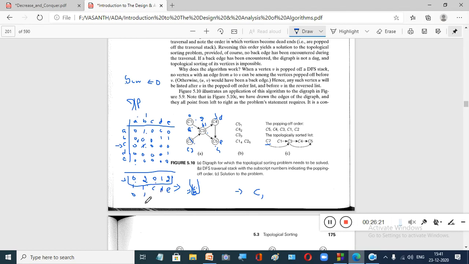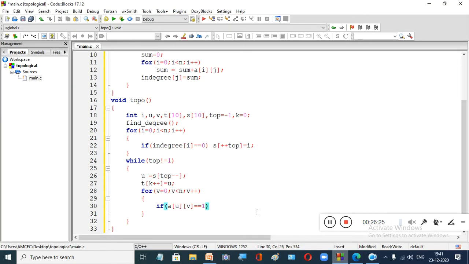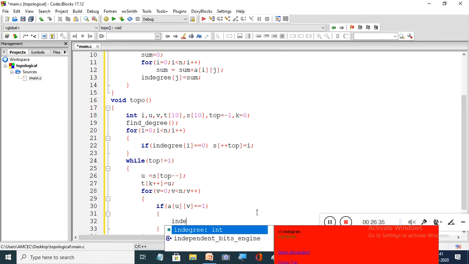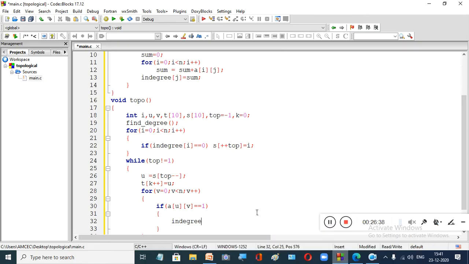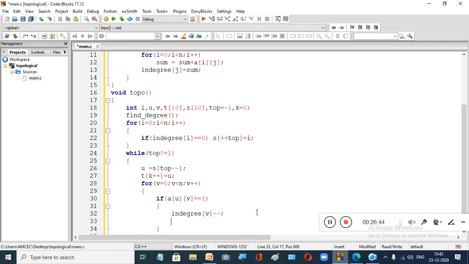So 2 becomes 1. That means you have to decrement the in degree. So now if A of UV is equal to 1, we take our single dimensional array in degree and decrement it: in degree of V minus minus, decrement it by 1.